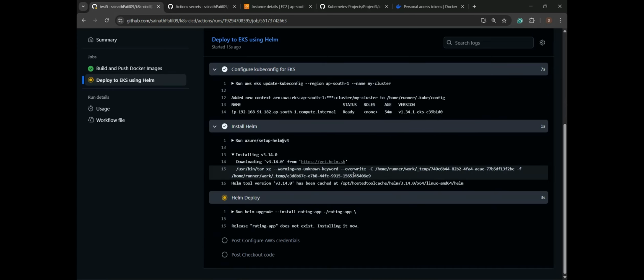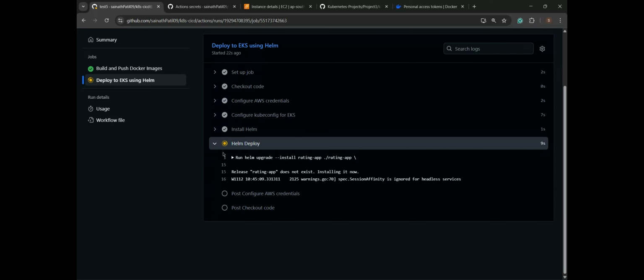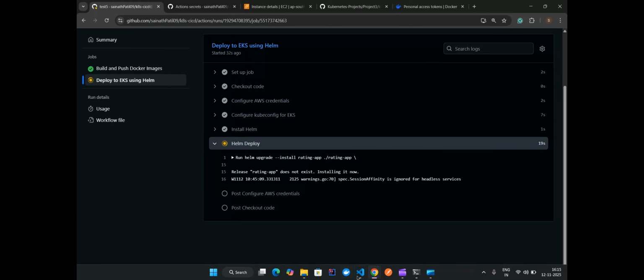So yes, Helm is installed. Helm is now deploying. Now it will take time to deploy. But at the same time, you can come to your server and check whether it has started applying or not. kubectl